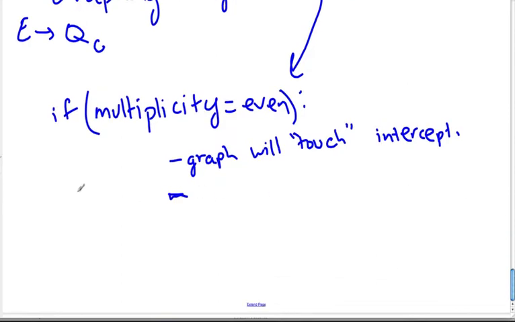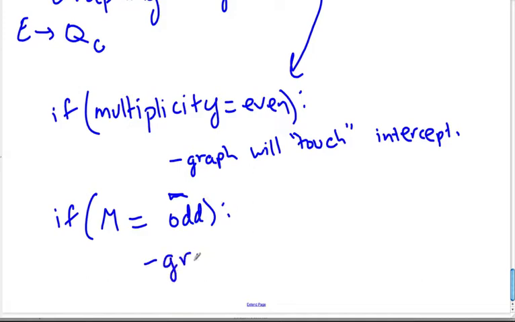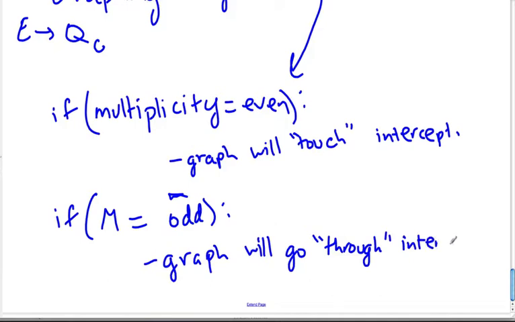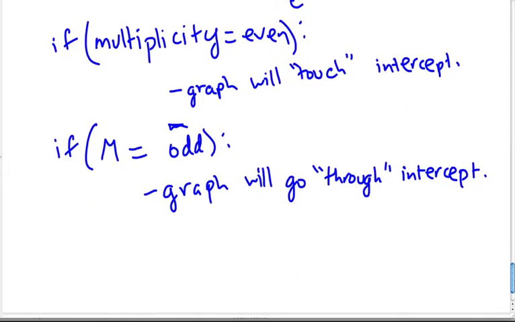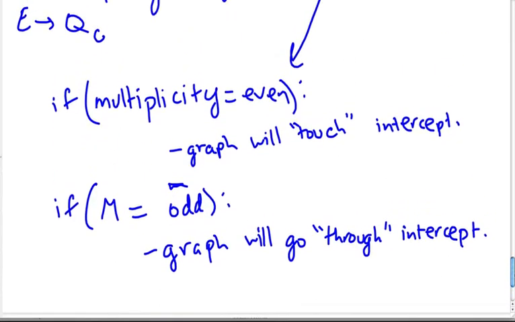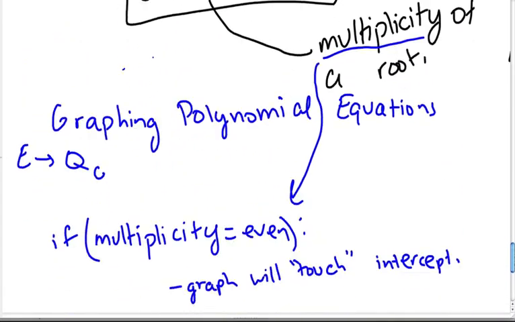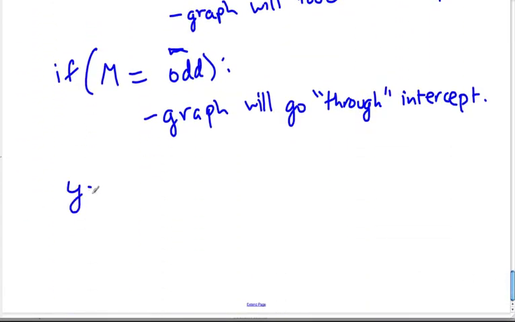If m, for multiplicity, is odd, then the graph will go through our x-intercept. So if multiplicity is even, then the graph will touch an intercept, whereas if multiplicity is odd, the graph will go through the intercept. So let's take a look at our equation y equals (x minus 1) squared